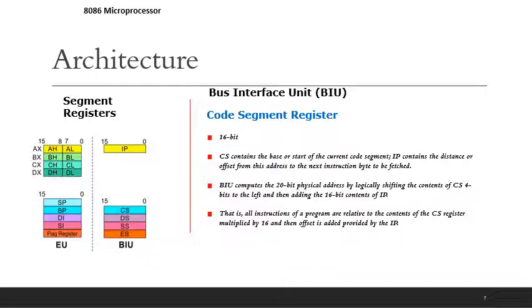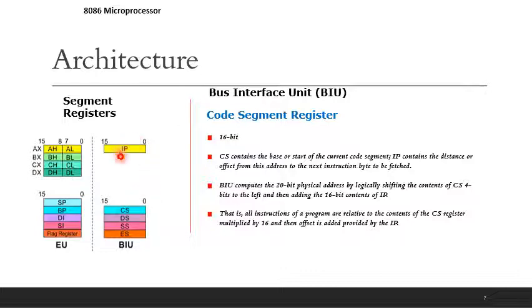First, we will discuss the code segment. It is a 16-bit register and holds the address of the instruction or program stored in the code segment of the memory. The code segment contains the base or start of the current code segment.